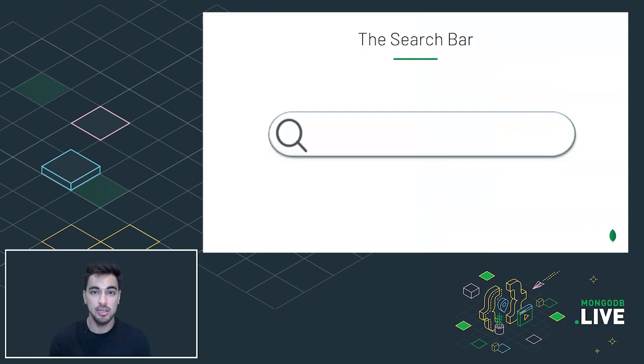The inspiration for today is a search bar, something that we use every day in learning, in entertainment, shopping. For me personally, whenever I'm developing and I need to troubleshoot my code, I prefer search to picking up a book or leaning on my colleagues for help because, well, search is easy. It's flexible, it's powerful, and it's available at my fingertips. Many of you may have used search to find this very video, and I'm really excited to share with you how you can provide your users with a similar experience with just a few button clicks and a little bit of code.